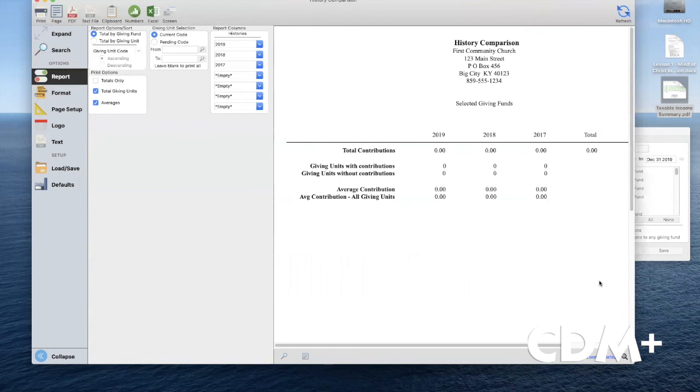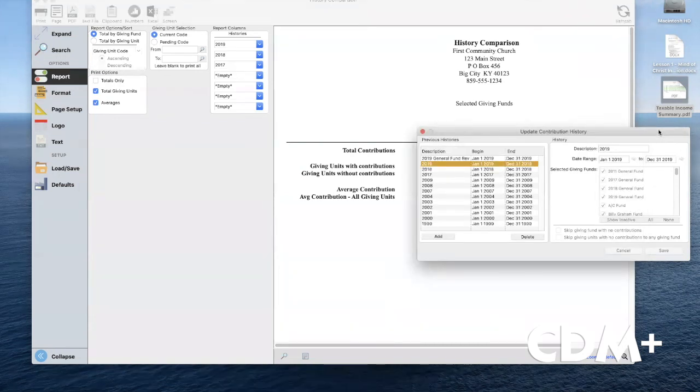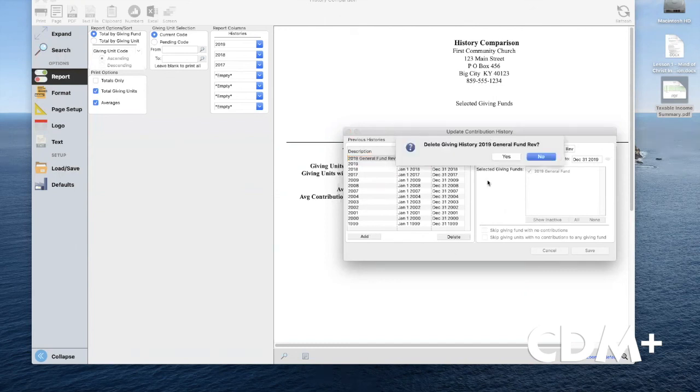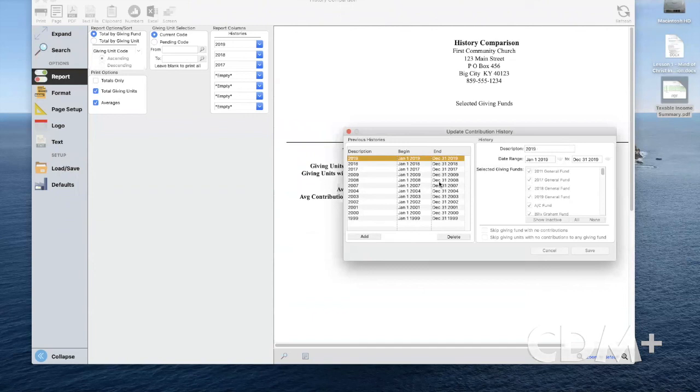That is updating contributions history and then using that updated history in your work as you progress through the next year. Okay. Now, these contribution histories can be run at any time. Like in this particular case, this one's so specific that I really don't care about it. I'm just going to delete it and say yes. And now that's gone. Now, if I haven't archived anything out, if I want to, I can just come in and add it again. All right. But again, if I've archived any data out, be careful. You have to go back and restore. Okay. So let's